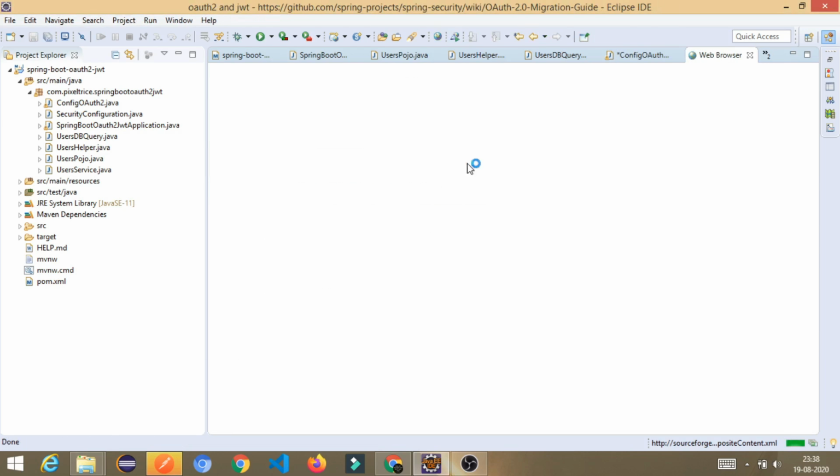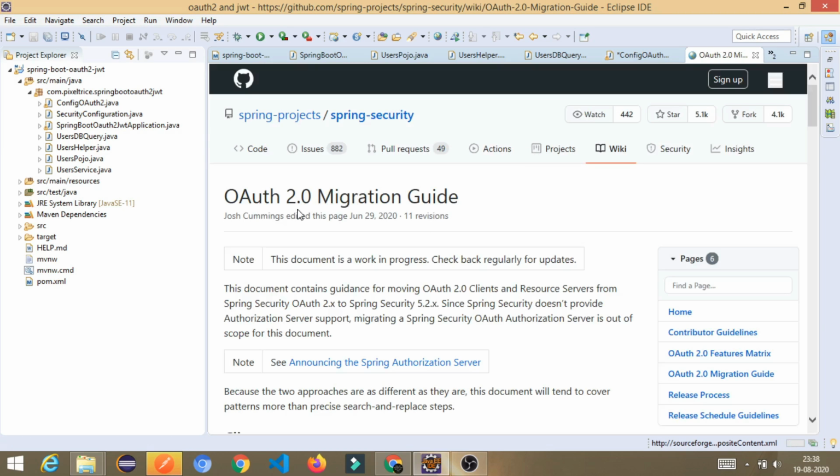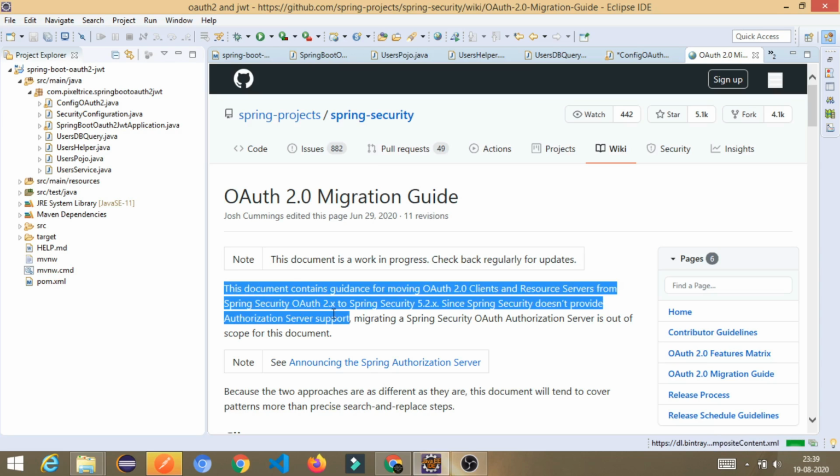If you click on that, you will get the OAuth 2.0 migration guideline. Actually, OAuth 2.0 is migrating to a different feature. They have implemented a new feature to implement OAuth2 in your application. So here is a document to follow all the steps.